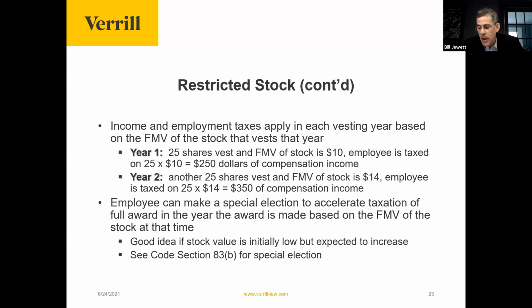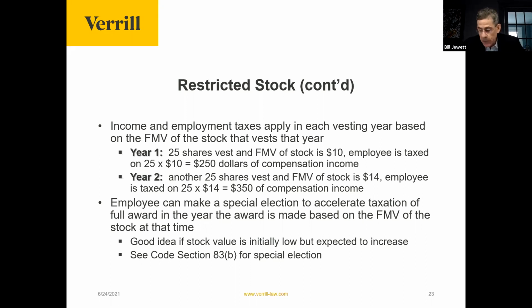So for example, if your company is a startup company and the stock is worth very little at the outset, you may well want to make an 83(b) election and just pay all the taxes up front, in which case you won't be taxed again as the award vests. And the stock might be worth more as the award vests, and you will have saved yourself some taxes by offering to pay the taxes up front.